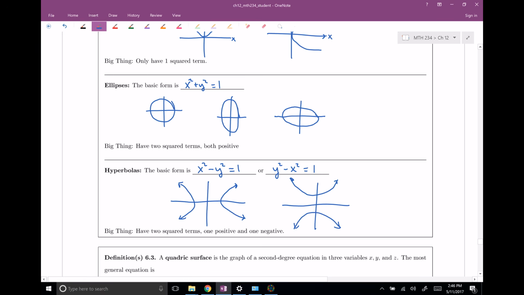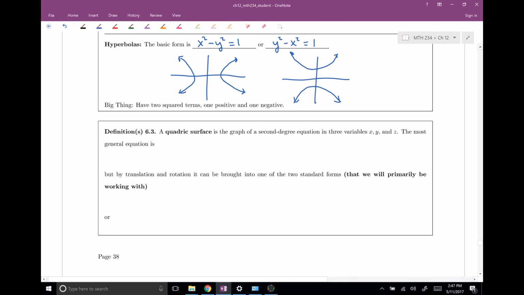Again, everyone's least favorite, but the claim is we're going to extend all of this. We're going to need all three of these when we're talking about three-dimensional quadric surfaces. So, okay, here's our definition. A quadric surface is a graph of a second-degree equation with three variables now, x, y, and z. The most general equation is, hold on to your seat. We have ax squared plus by squared plus cz squared, where these are just coefficients, plus dxy